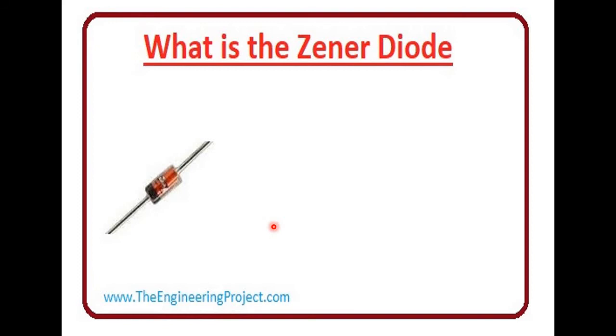If we look at the left side, the black part there, by looking at that, yes. If you observe the diode carefully, you will see there is a black strip at one end. Here you can see the black strip is at one end only. The other end does not have any color, or it is the internal part you can see there. So that black colored line refers to the cathode.